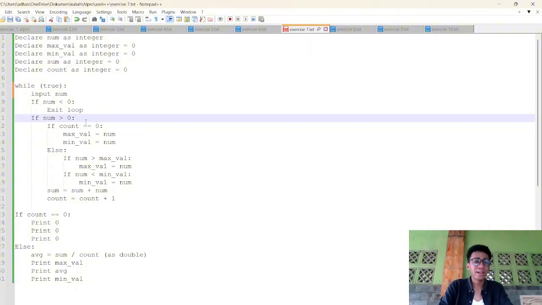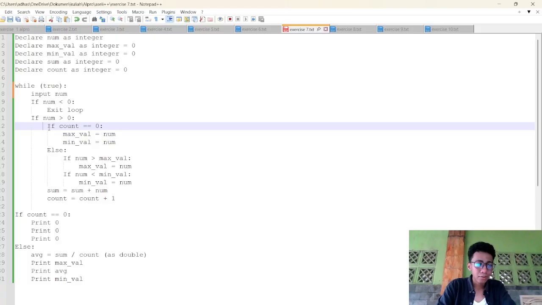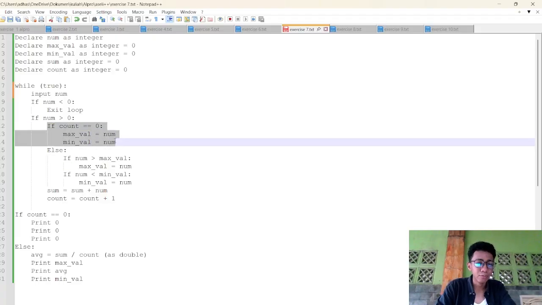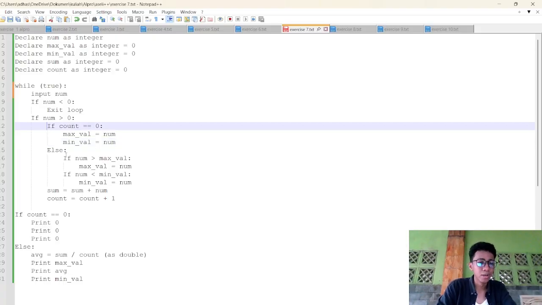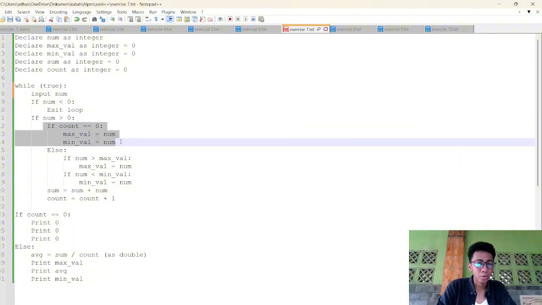We need to note that this statement will run one time in the first iteration of this loop, and after that it is not going to run anymore.